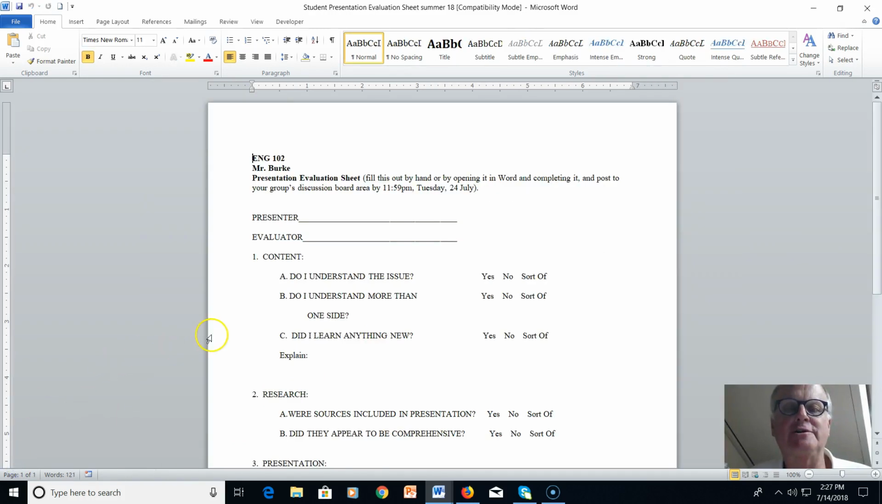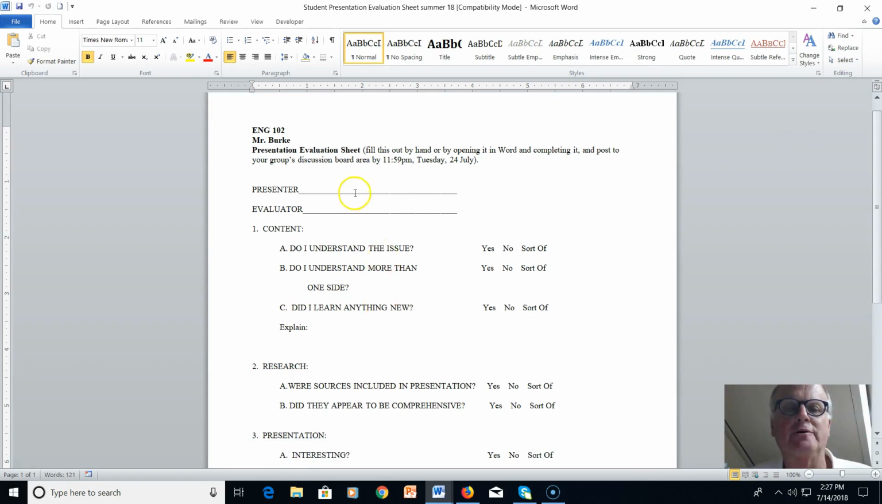Here's the evaluation sheet, and you can print it out and fill it by hand, take a photograph of it and put it in, or you can fill it out online. Both this and the assignment sheet are in Blackboard, uploaded into the week 7 area. So you put your name and the person you're